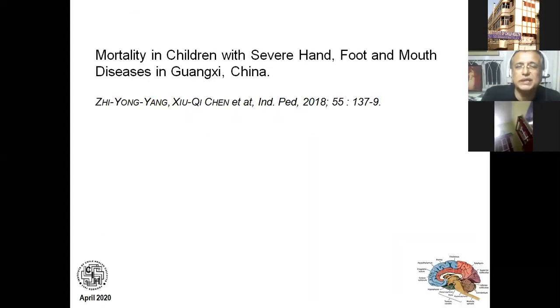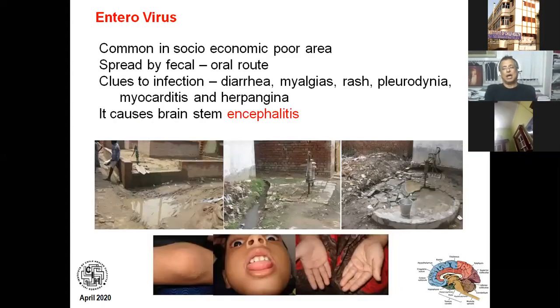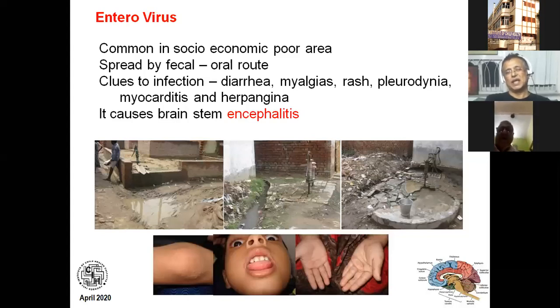Regarding the central nervous system, enterovirus causes more of aseptic meningitis. It usually doesn't cause encephalitis. And if it causes encephalitis, enterovirus has a predilection for the brainstem. It is rhombencephalitis. It involves the brainstem. And all of you know the brainstem contains the vital centers, respiratory center, cardiovascular center. So it has a devastating effect if it involves the brainstem or rhombencephalitis.